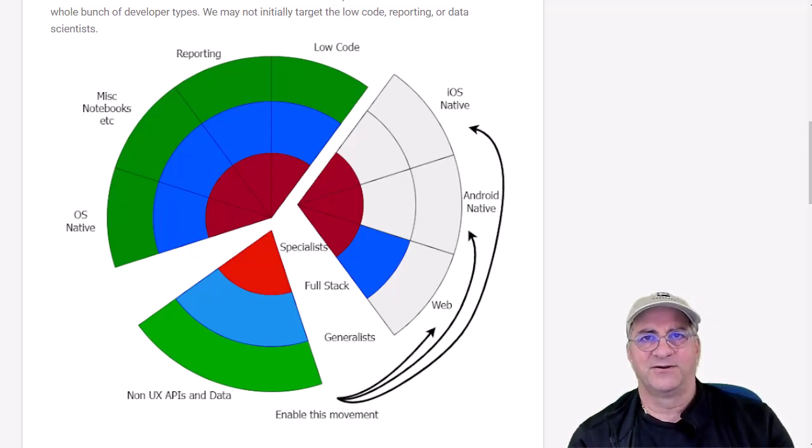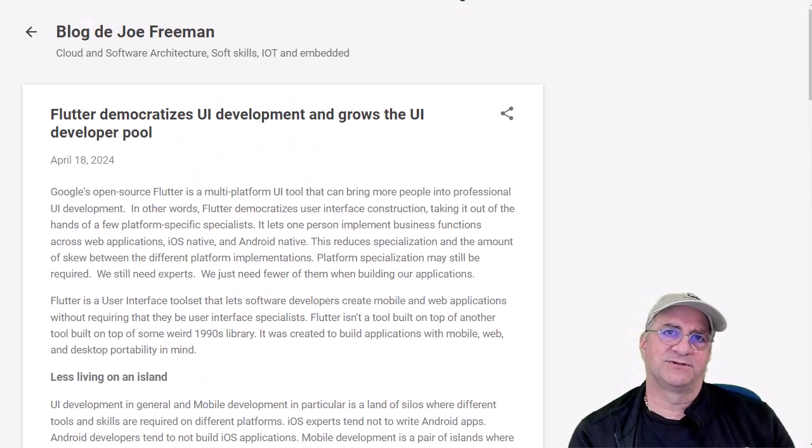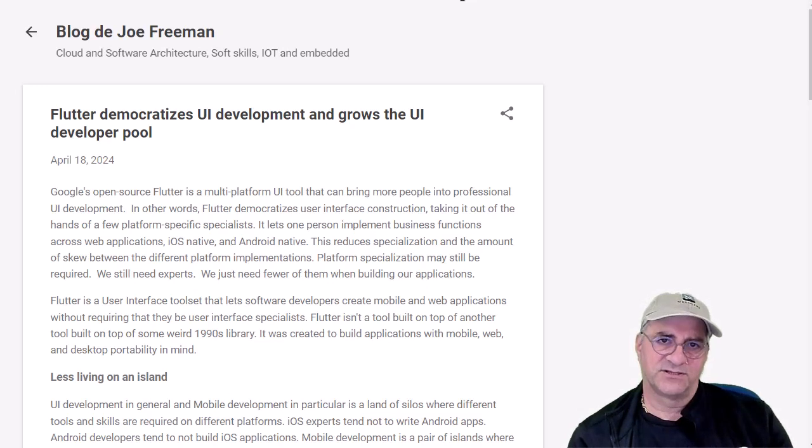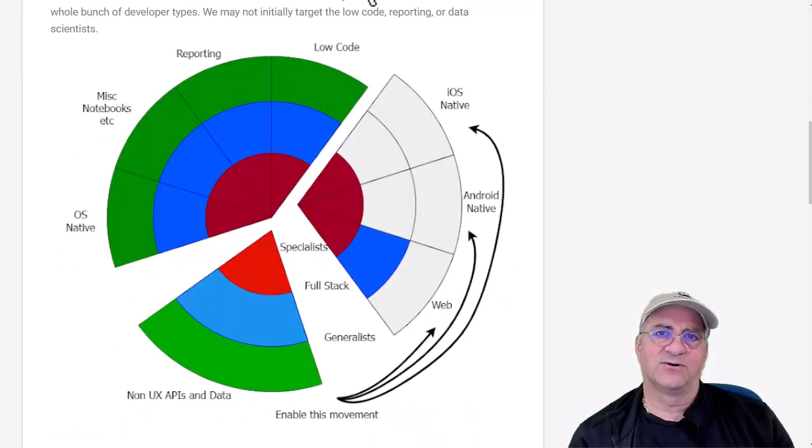So that's what I'm going to argue here: that Flutter, because of the language it's on, because of the way Google attacked this, and because of the structure they built for this, means that people with a modicum or very little user interface experience could build a reasonable user interface or add to it and end up with something that looks pretty good, and it runs on Android, iOS, Windows, and the native platforms. And the goal is to make the pool of user interface developers a lot larger than it is if everybody needs to be a specialist on those teams.